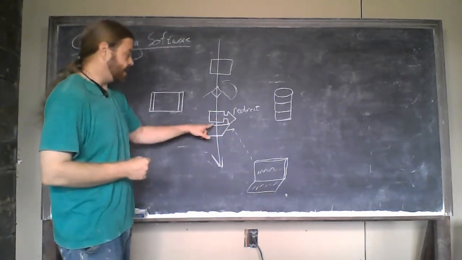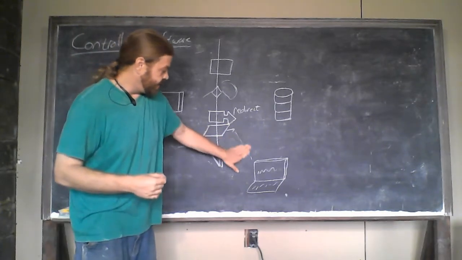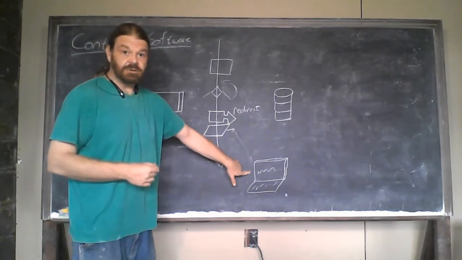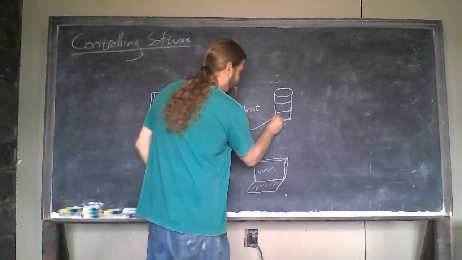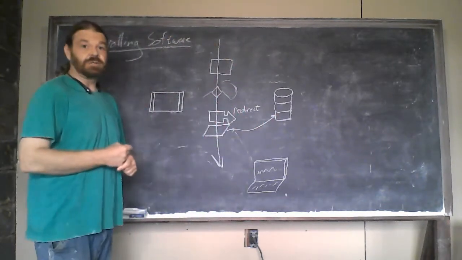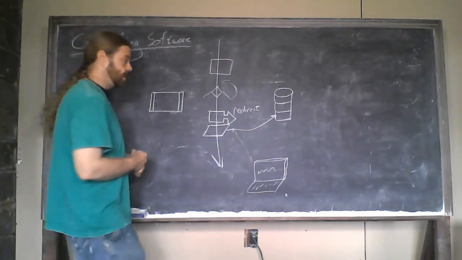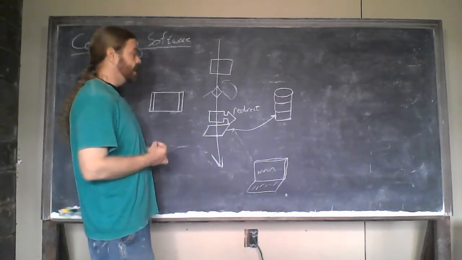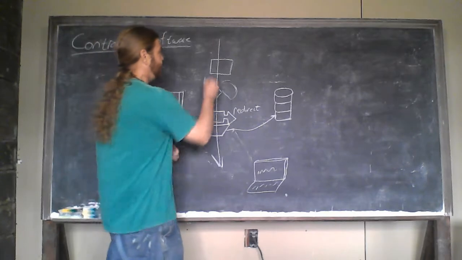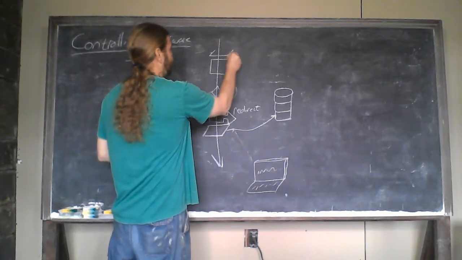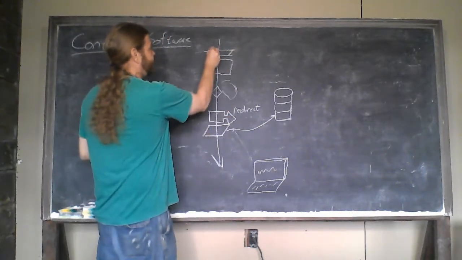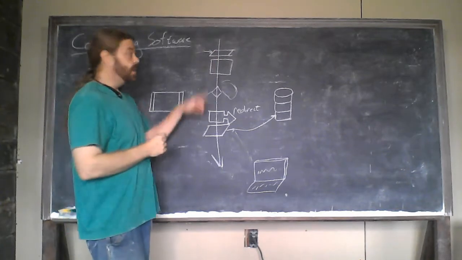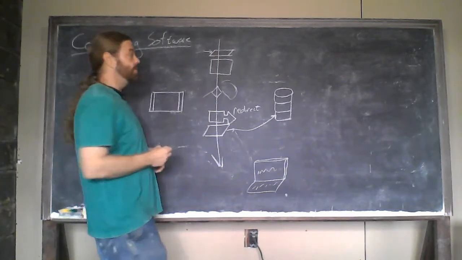We're going to redirect our output, so instead of going to the screen, we want it to go over to volatile storage. And then we'll store it and keep it around. And then on the next run of the program, we might have our little input block, and instead of asking the user for the input,